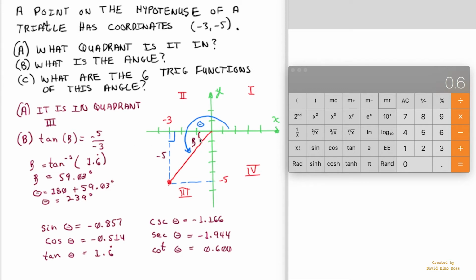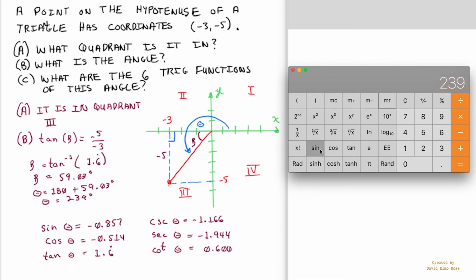Now we're given that the opposite is minus 5 and the adjacent is minus 3, so the tan is minus 5 over minus 3, which is 1.6 repeated. So this angle here is 59.03 degrees. However, what we want to find out is the angle theta, which is all the way around to here, which will be 180 plus the 59.03 degrees, and that works out to be a total of 239 degrees. Now if we put in 239 degrees here,